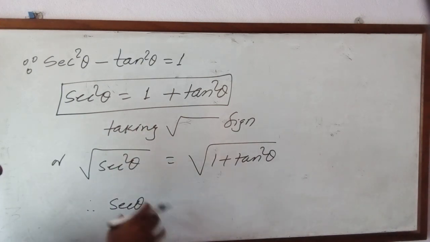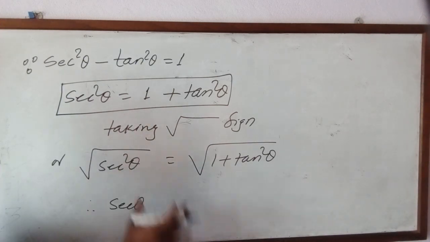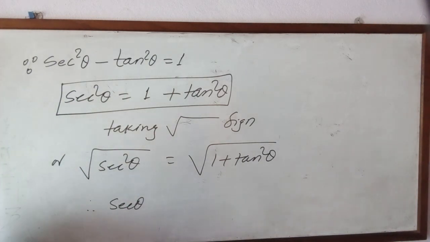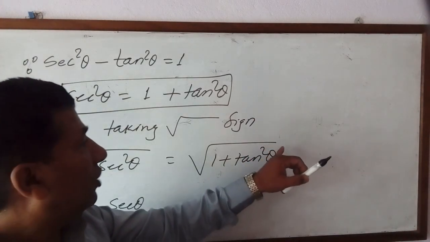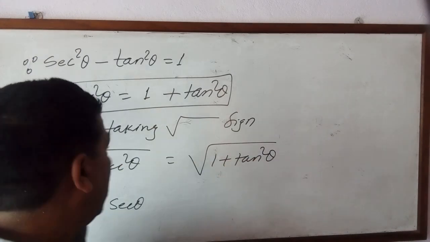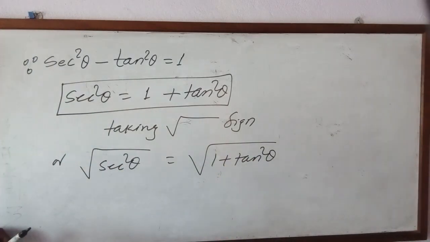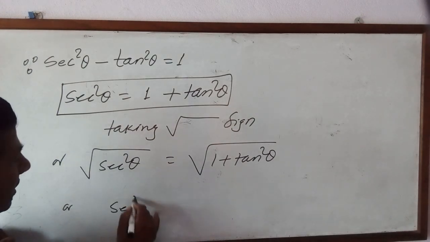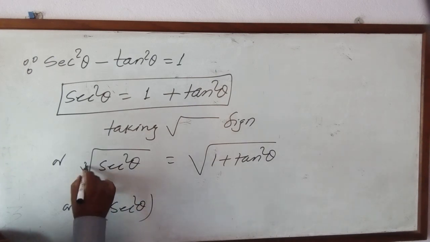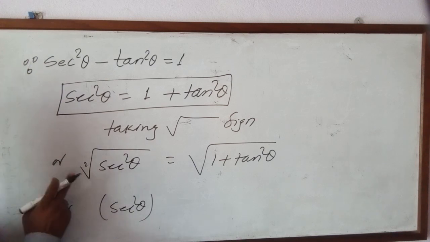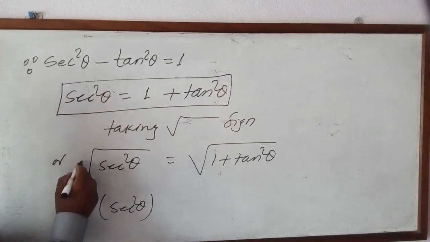You can write directly like this also, or if you want to use laws of indices to simplify it, then you can go like this. In this way also you can write this side. Here there is no whole square, that's why the radical sign cannot be cancelled on this side. Okay, I'll show this side another way. Now this can be written like this. Sec square theta, here is 2, which is not written. You have to understand there is a 2. If nothing is there, then there is always 2.